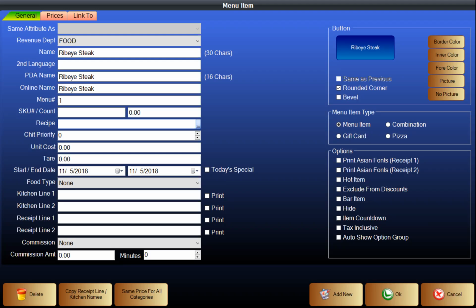If they know on average this type of container weighs this much, they'll remove that from the weight. Most of the time people use that for an ice cream or a yogurt shop, right? So that's where we see it a lot. There are also certain locations that might sell things like potato salad or some other food, even cake, where it's sold by weight, and they might want to remove the weight of the packaging or the box. And that's what that tear is. So whatever you enter there,